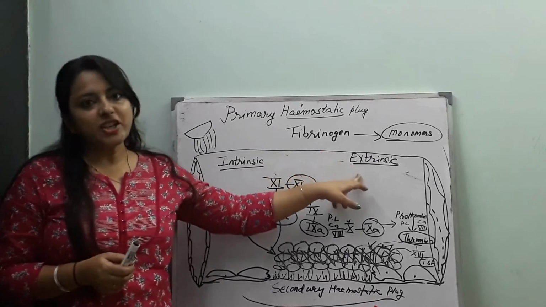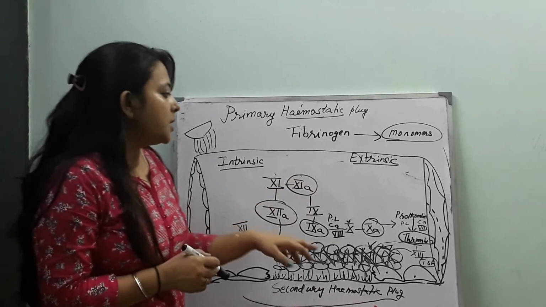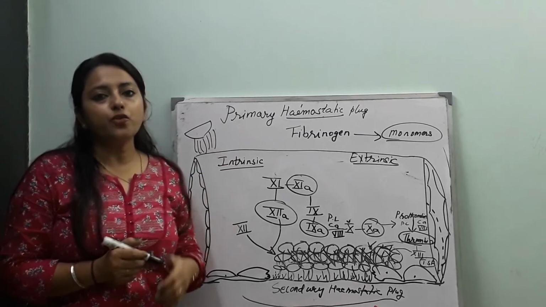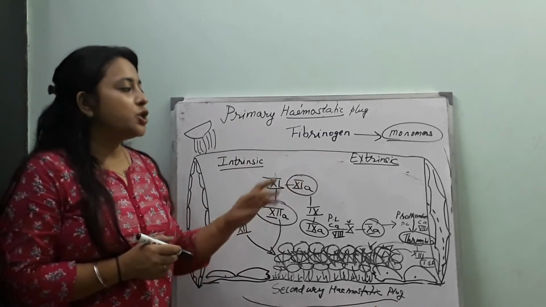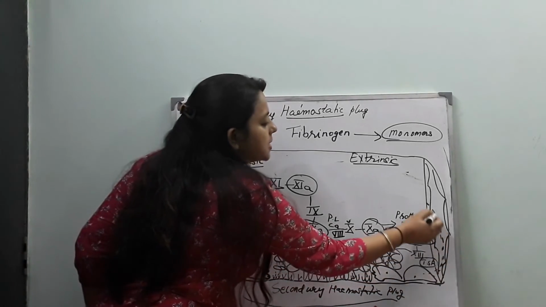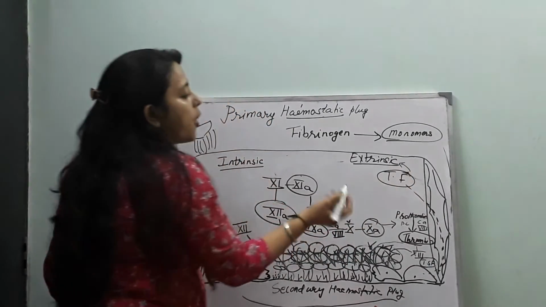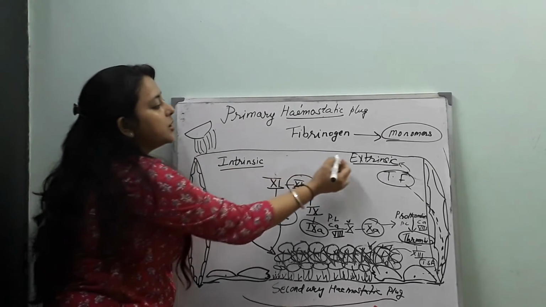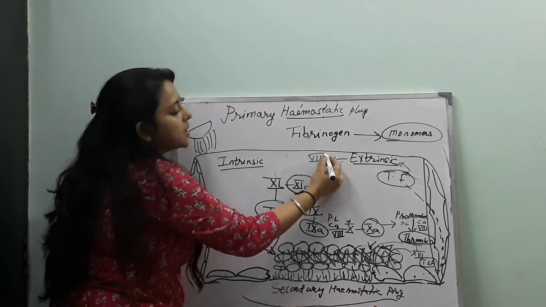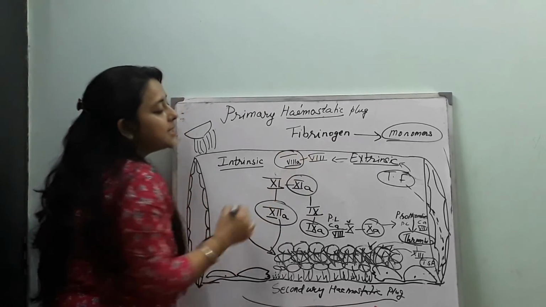Now we'll talk about the extrinsic factor, how an extrinsic factor performs its pathway. I have told you that the extrinsic factor needs some tissue factor to activate itself, and tissue factors are released from the damaged tissue. Okay, damaged tissue is releasing tissue factor, and this tissue factor activates, or pushes or pokes, the extrinsic factor to activate, and factor number 8 becomes activated factor number 8, and this activated factor